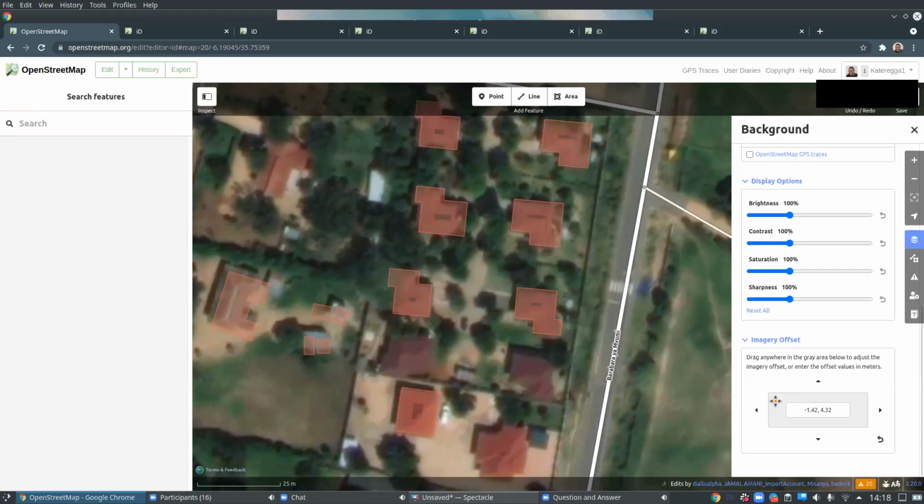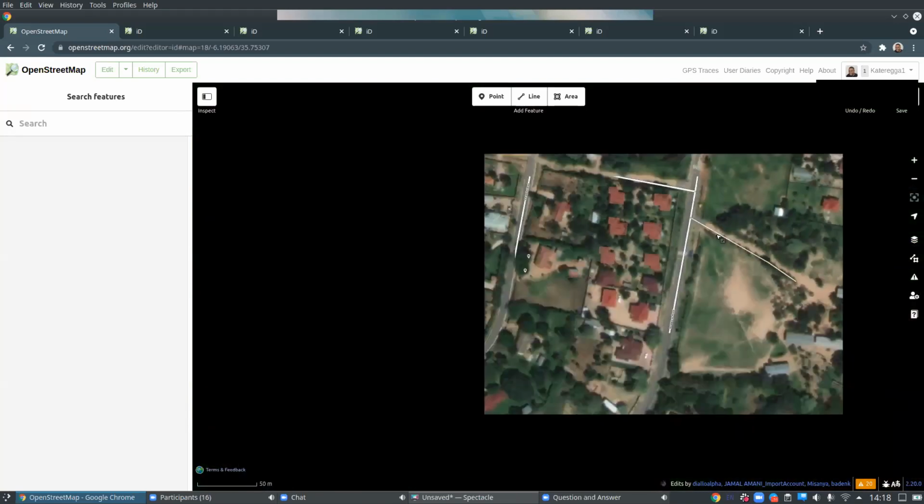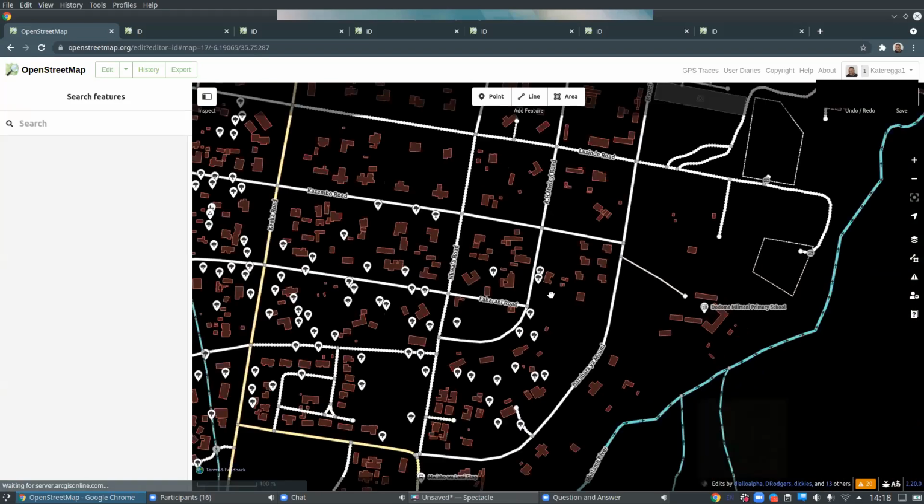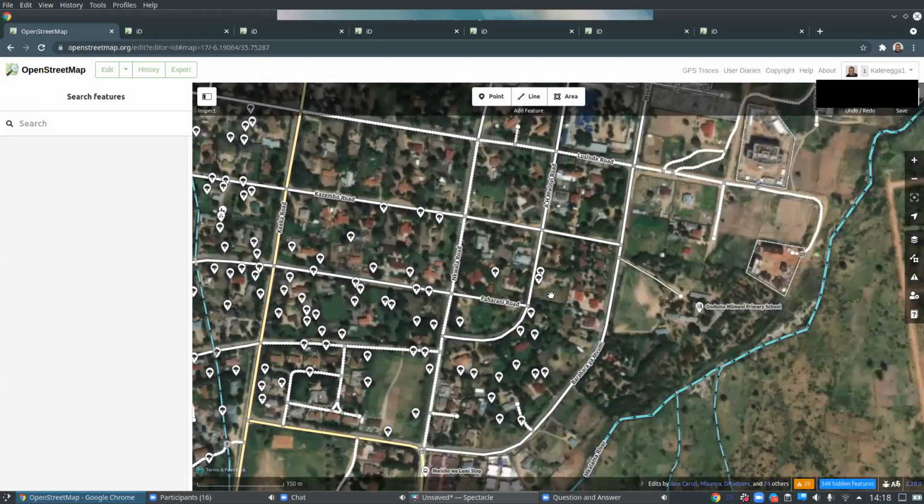Yeah, so the other thing I would like us to look at is issues and warnings. Data quality is very important in OpenStreetMap, and some of these editing tools have inbuilt features which help us to detect issues, warnings and errors. So the first way